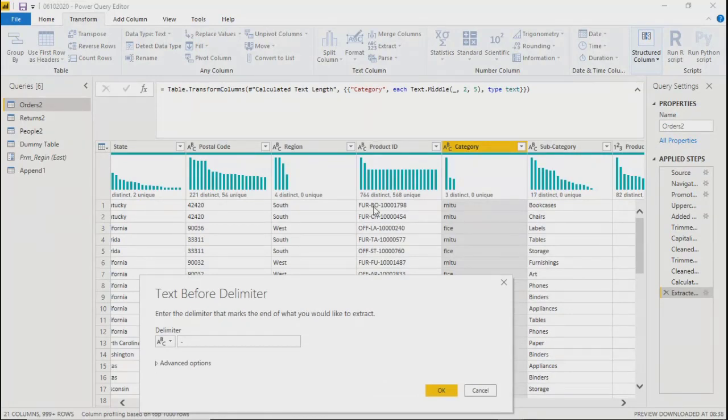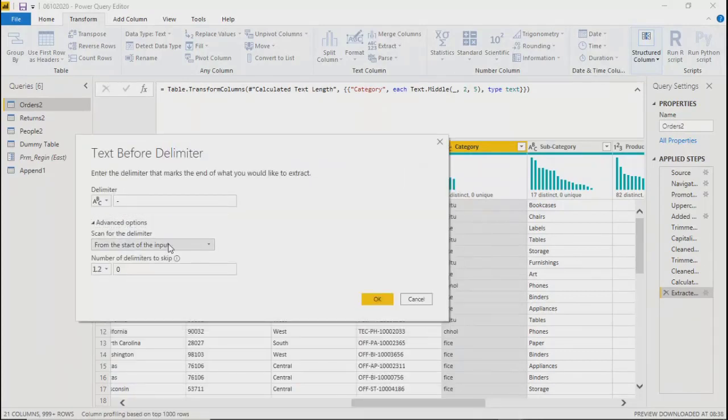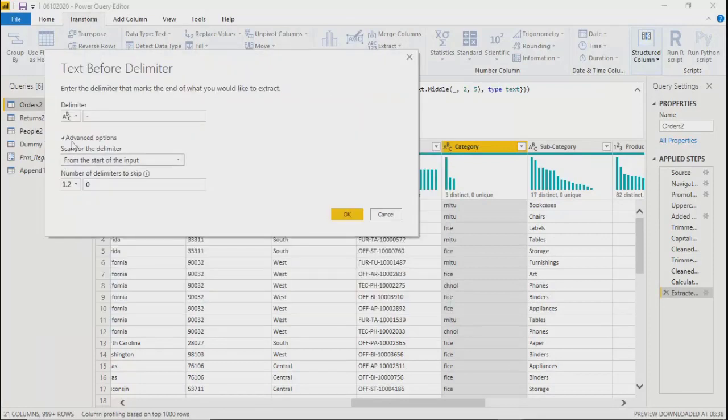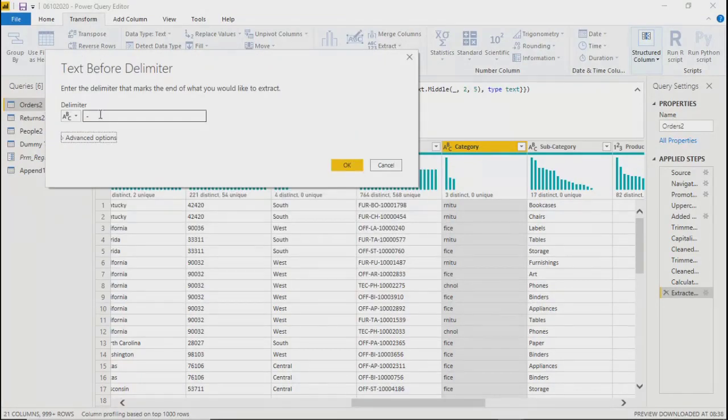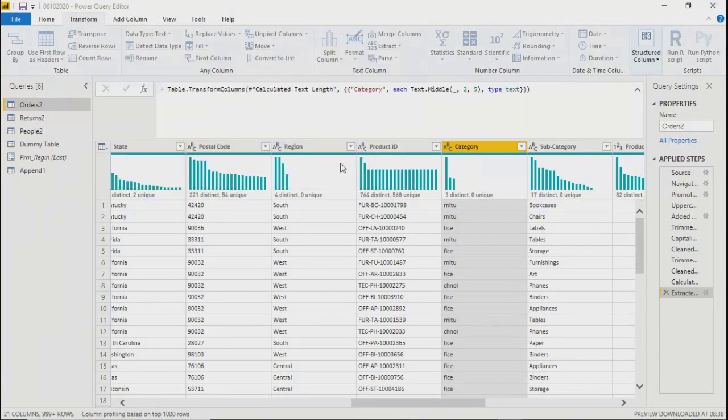So by default, it will pick up the first one. And if I go to advanced, let's see what options are there. It says from the start of the input or number of the delimiter to skip. So if you have multiple delimiters, you can use advanced options, or by default, it's going to take the first occurrence.